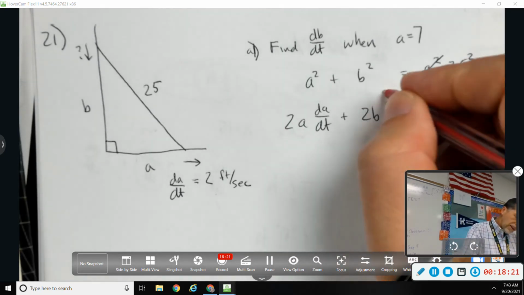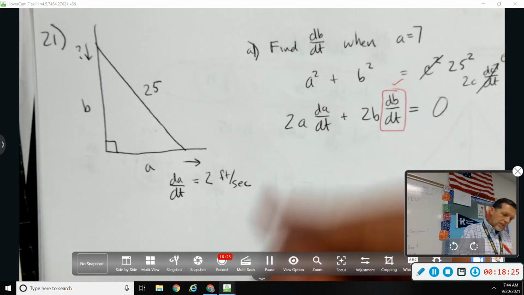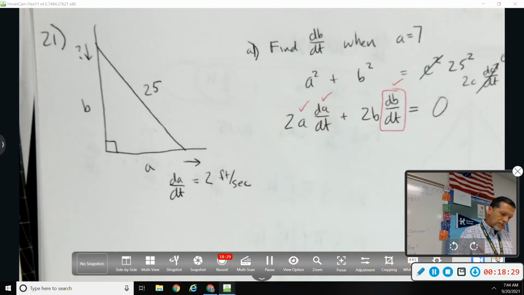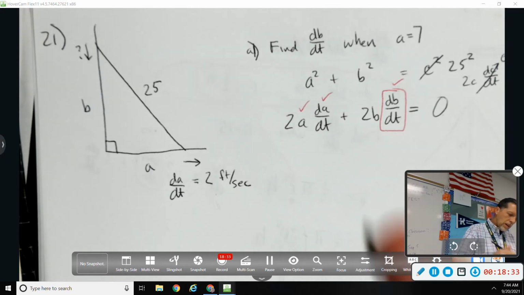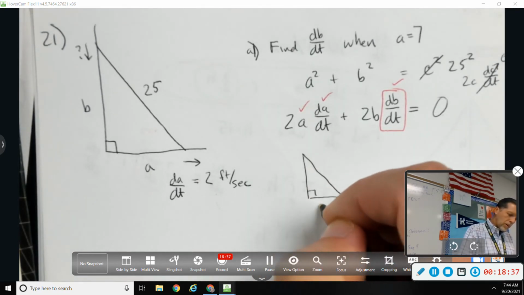All right, find dB/dt. So there's what we're looking for. When A is 7, got that. They told us what dA/dt is. That's 2. We don't explicitly know B yet, but